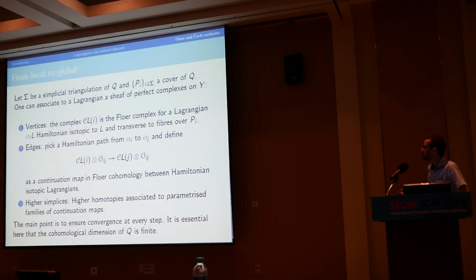But we unfortunately have to do this at the chain level. If we did it at the level of cohomology, then we would basically be done. We build these maps, we show they're compatible, and then it's over. But if you want to prove the theorem that I stated at the beginning, well, in the middle, rather, the fact that we have this faithful embedding, you can't stop at this stage. You have to work at the chain level, and then there are some higher homotopies that you have to associate to every cell of your triangulation.